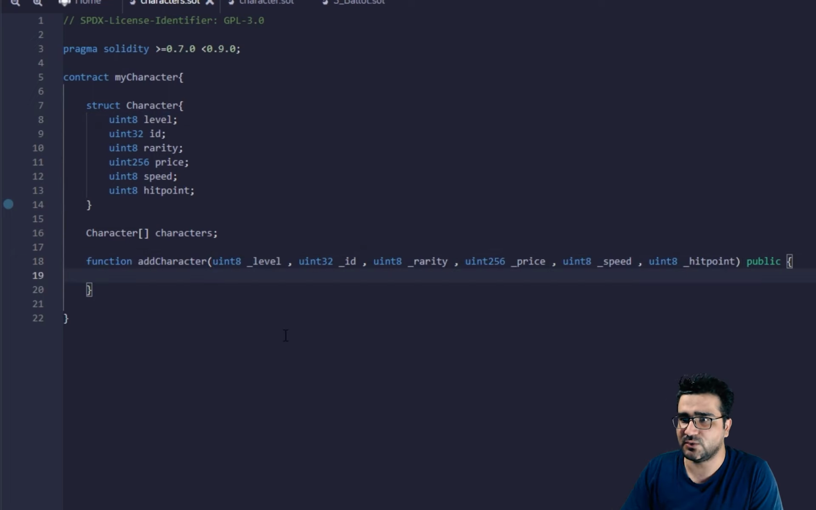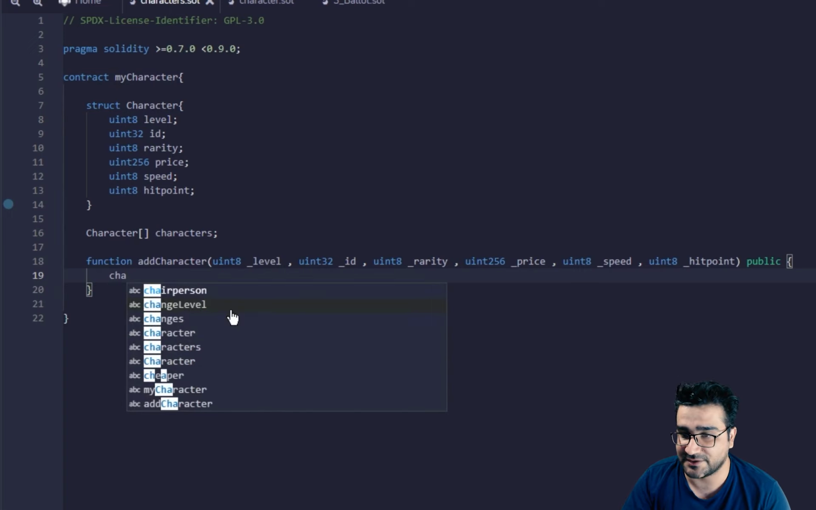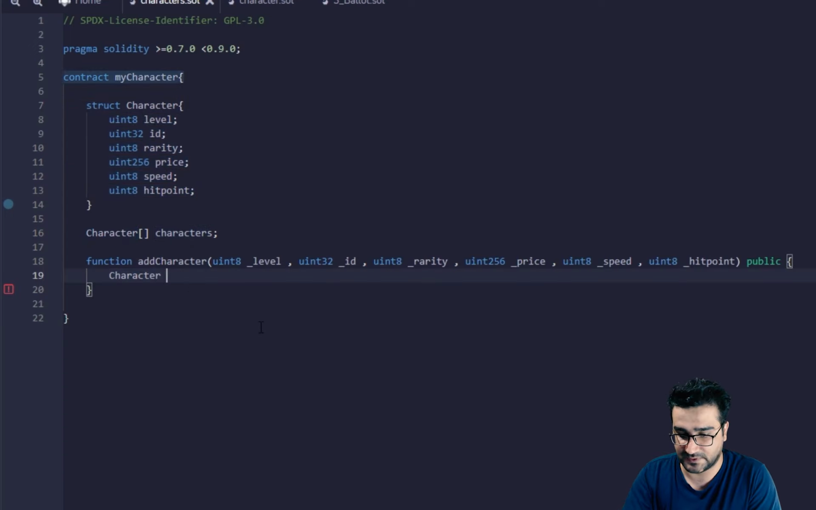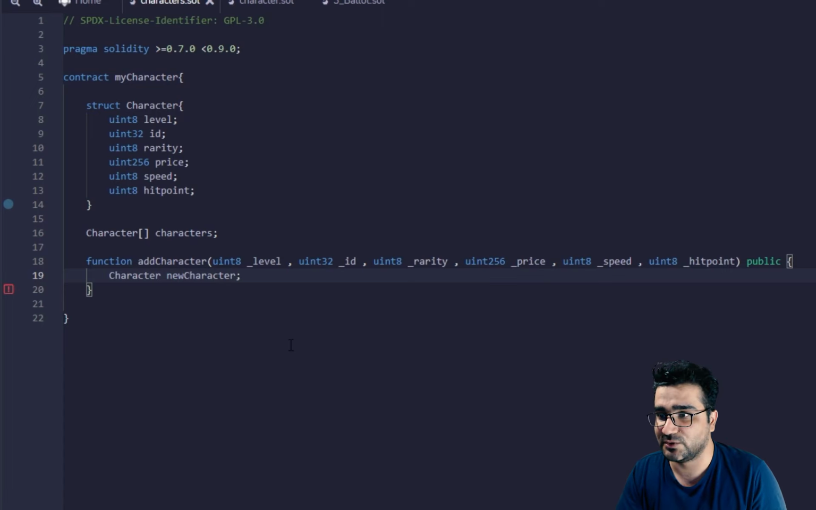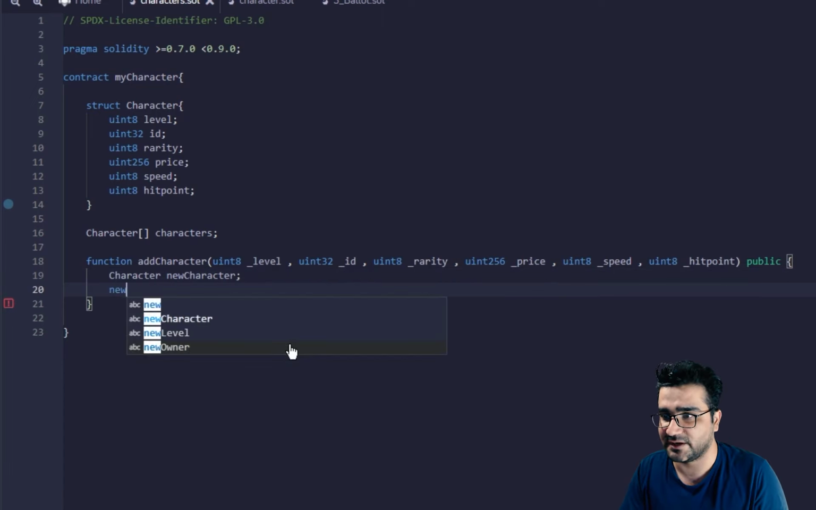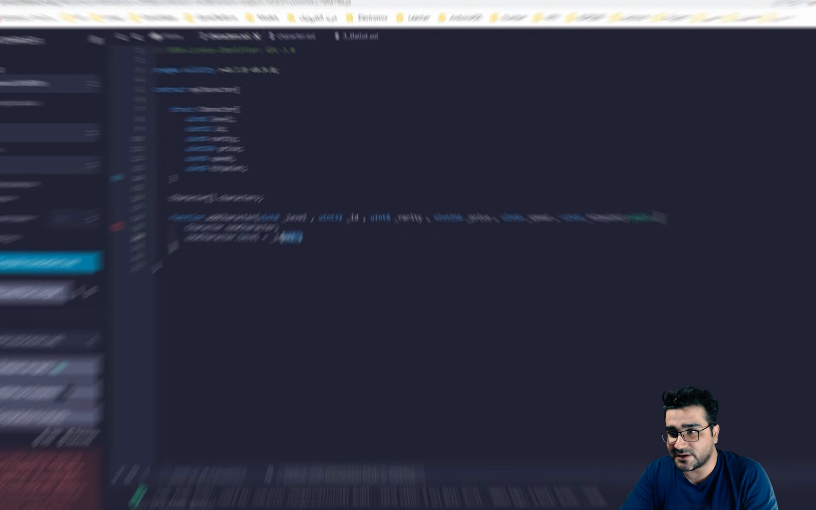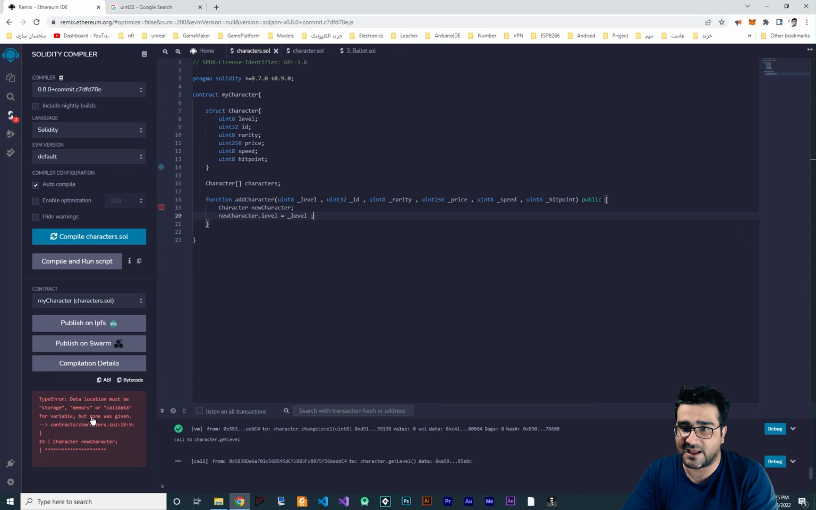Okay, so now with that we should create our character, right? So for that, let's create a character in here. Character, the type is this. So let's copy it from here to here. The name of this character, I want to say new character. So with that, we did create a new character, and now we can say new character dot level is equal to level. Okay, and when we do it like this, it gives us an error,